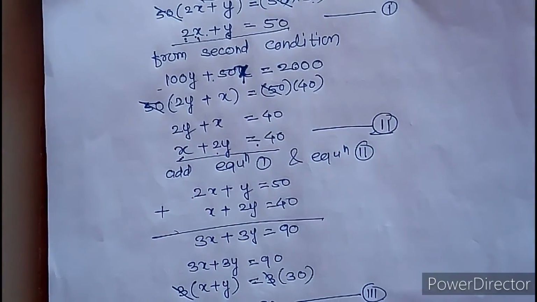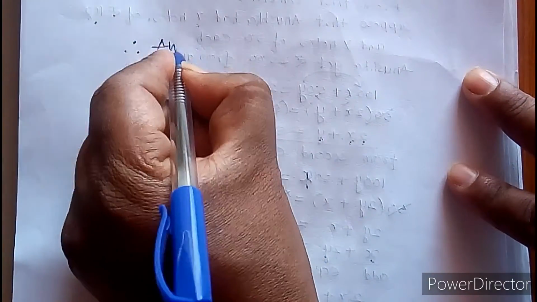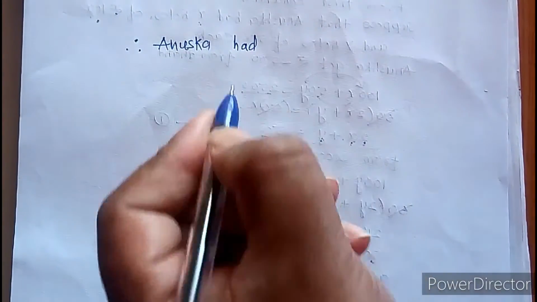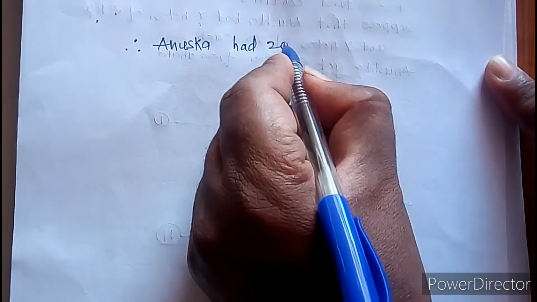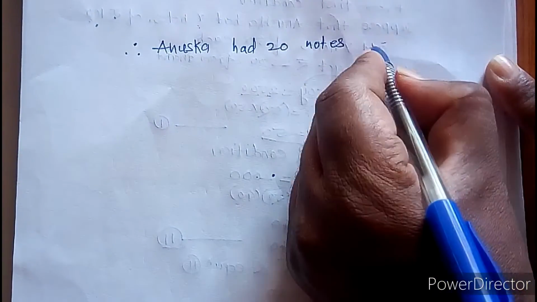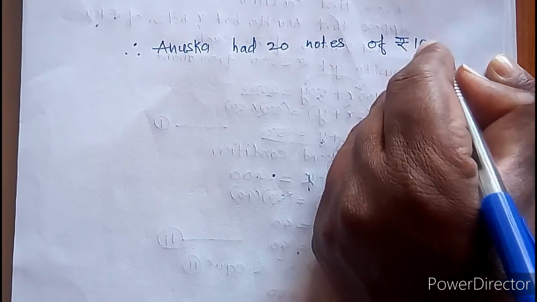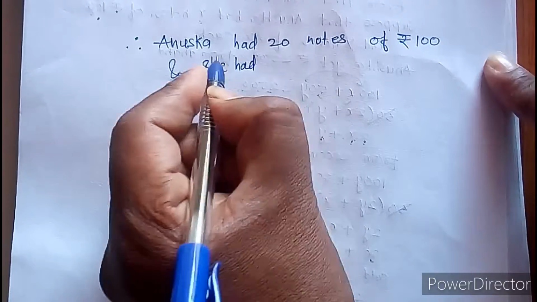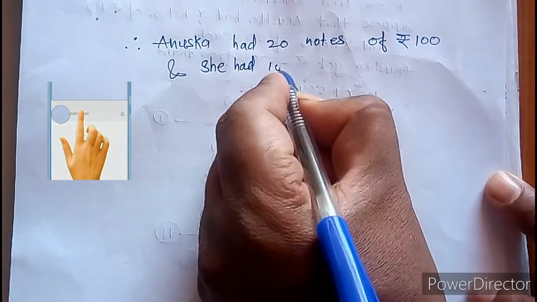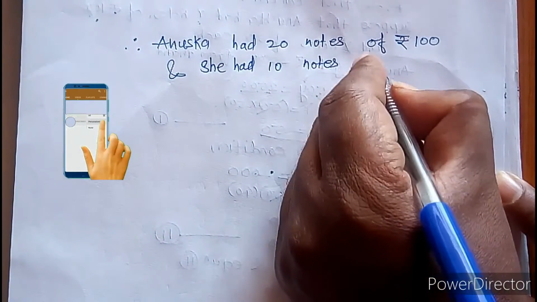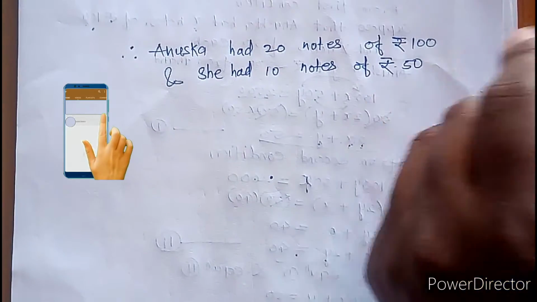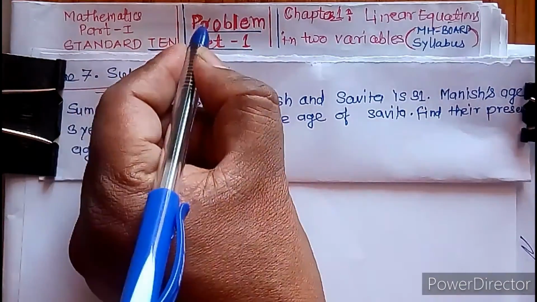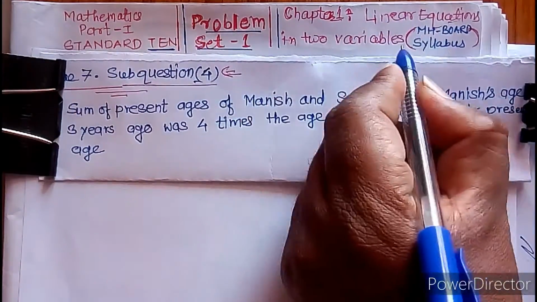Therefore we can write down here: Anushka had x notes, meaning the value of x is 20 notes of rupees 100, and she had y notes, meaning the value of y is 10 notes of rupees 50. This is our answer. Question number 7, sub question 4 from problem set 1, chapter linear equations in 2 variables,